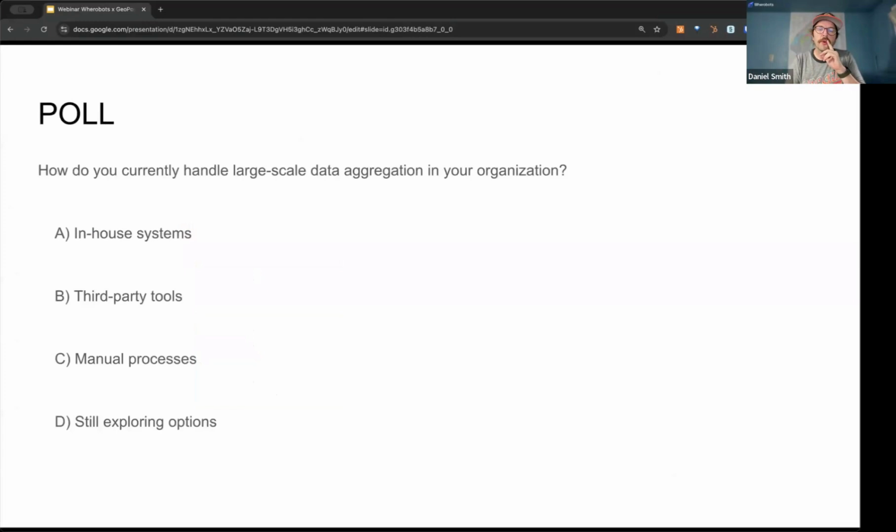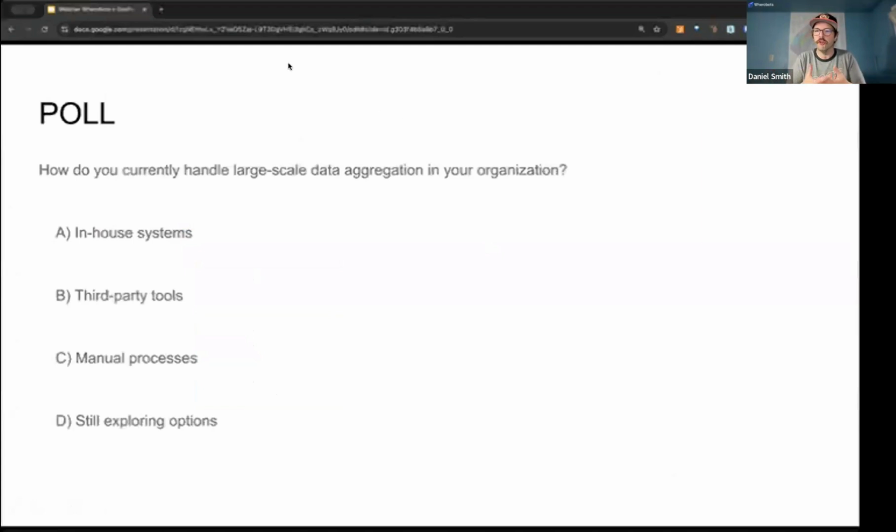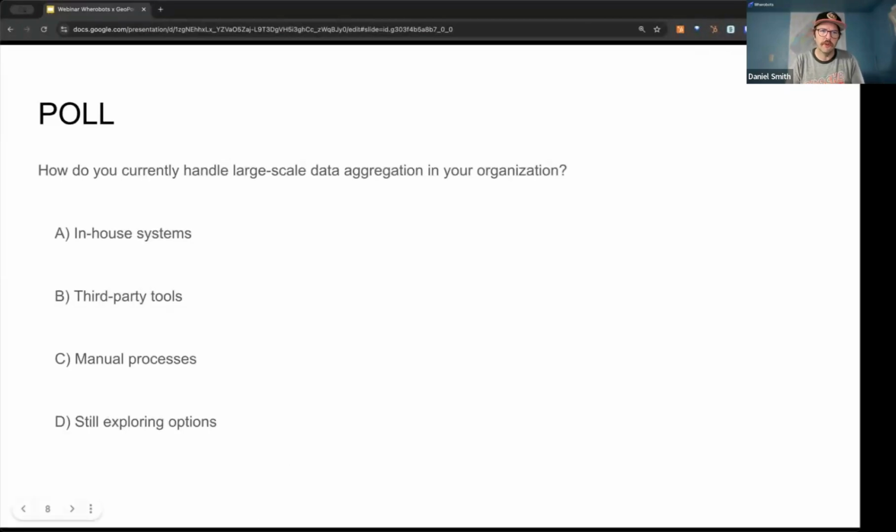Next slide. So yeah, this is our first poll. We're curious how you folks handle large-scale data aggregation in your organization. Maybe this might be joining large-scale vector and raster data together, merging multiple levels of polygons, or even integrating multiple rasters together. The poll should be open now, and you can select which one of these is